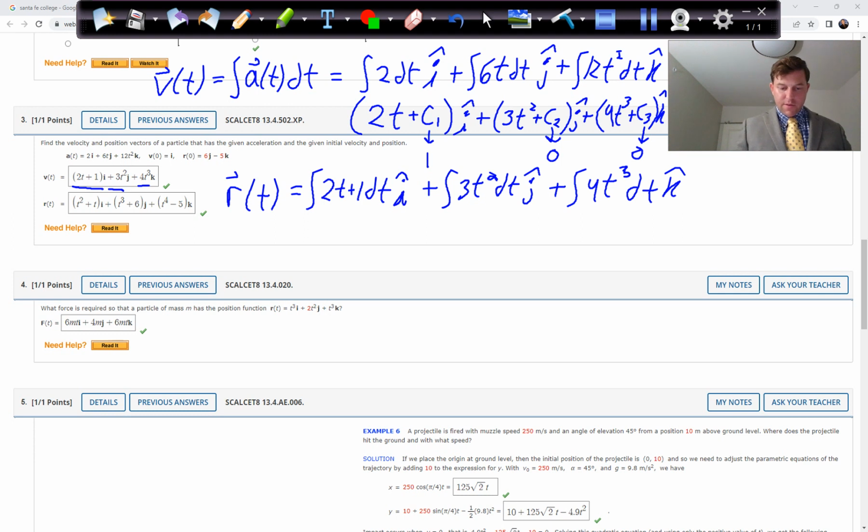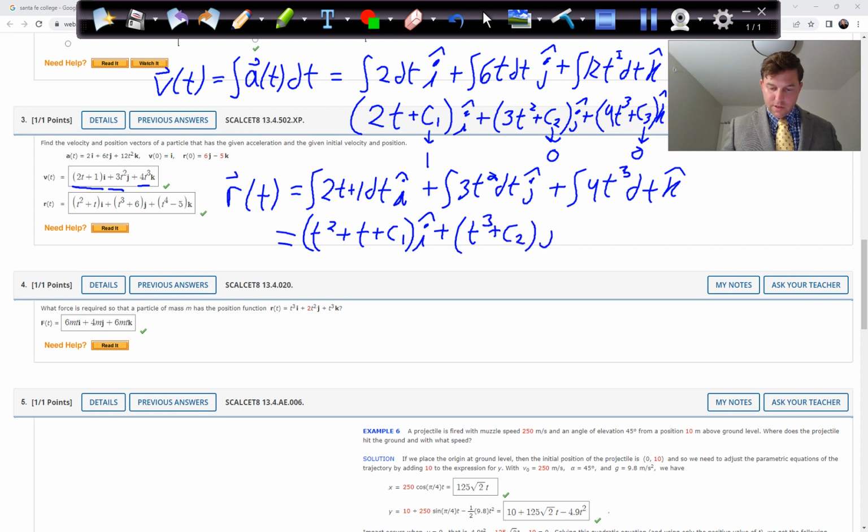Well, the antiderivative of 2t is t squared. Antiderivative of 1 is t plus another c1 in the i. Antiderivative of 3t squared is t cubed plus c2 in the j. Antiderivative of 4t cubed is t to the 4th plus some c3 in the k. And they tell us